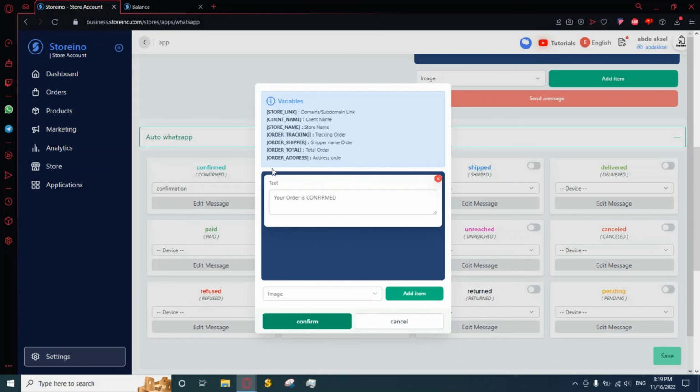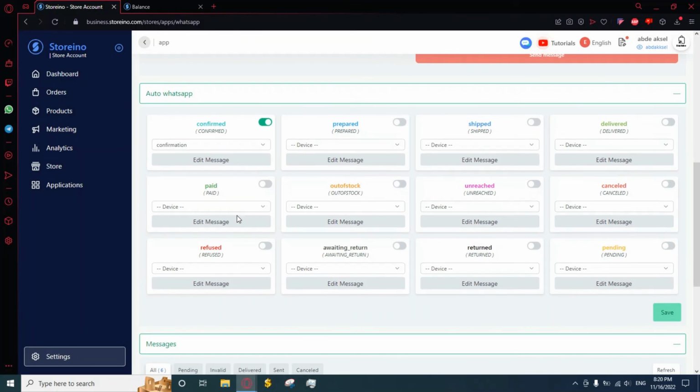Here, as you can see, we have a bunch of variables that you can add to your message. For example, if you want the message to contain the store link or the client name, etc., just go ahead and copy this variable here and add it to your message, and it will be automatically filled with the information that has been provided with the order. Of course, here we have once again the items. You can add a link, image, a text, etc. And when you are eventually done with editing your message, just click on confirm. And as you can see, now it will be successfully connected to your device, and the message will be automatically